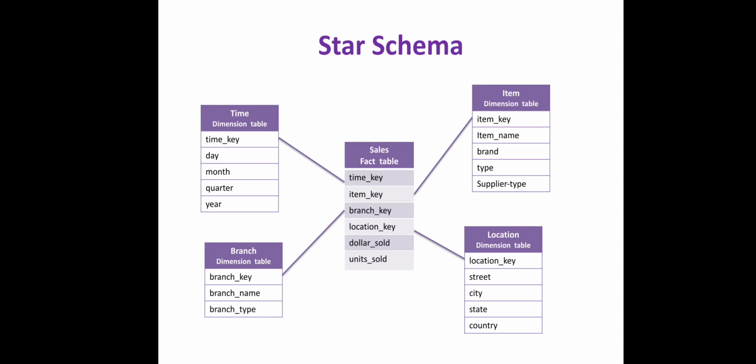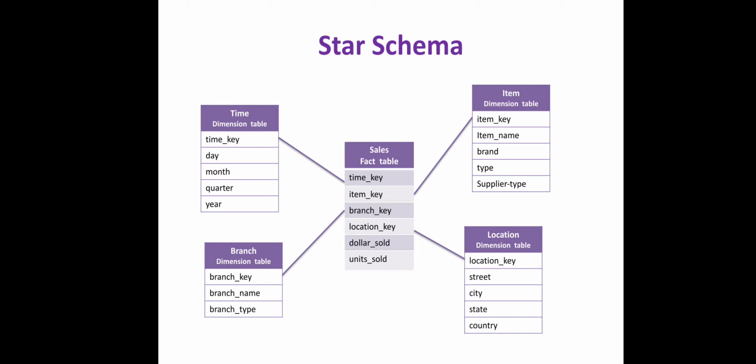So, there will be a single fact table, and with that we can have different dimension tables. This model is called a star schema because it follows a structure like a star. We have a central table and then different tables which look like the edges of the star. In this way we have this star schema.